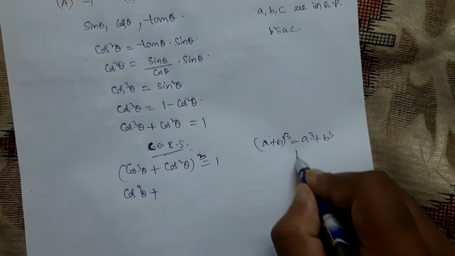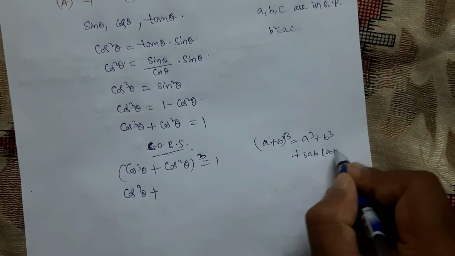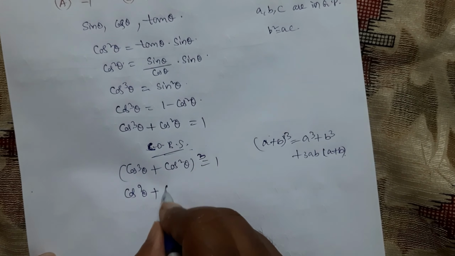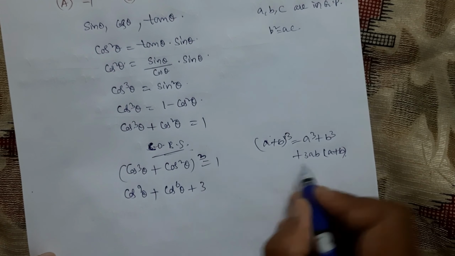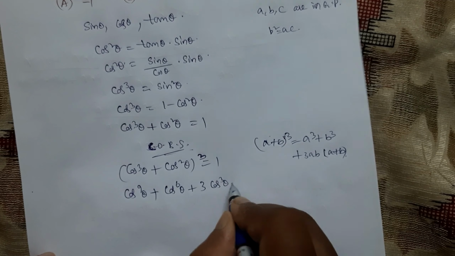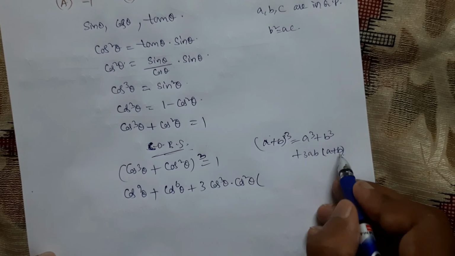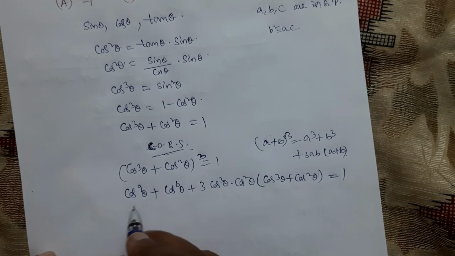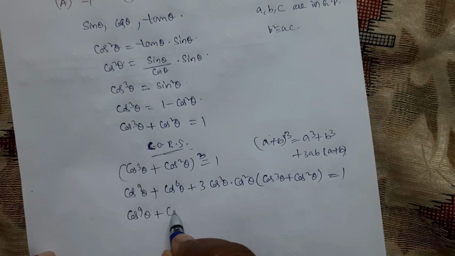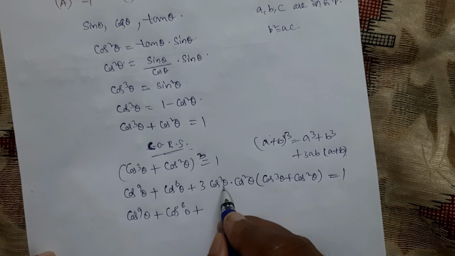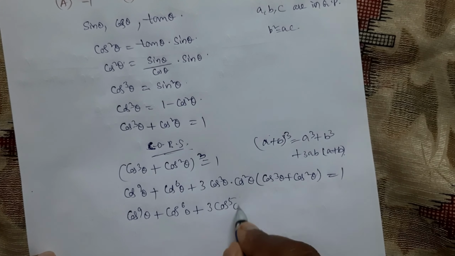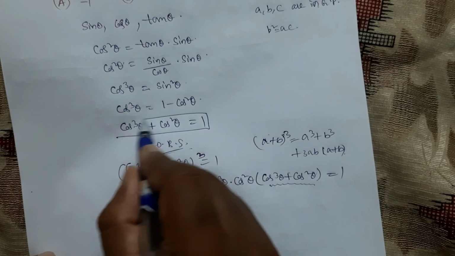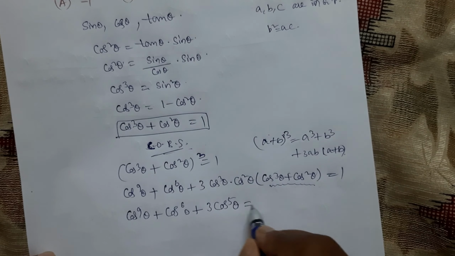Okay, ಈ ಟರ್ಮ್ಸ್ನ ನಾನು ಇಲ್ಲಿ ಅಪ್ಲೈ ಮಾಡ್ತೀನಿ. cos power 9 theta plus cos square theta whole cube is, this is cos power 6 theta plus 3a into b. a ಅಂದರೆ cos cube theta into cos square theta into a plus b ಅಂದರೆ cos cube theta plus cos square theta which is equal to 1. ಸೊ ಇವಾಗ ಇದು cos power 9 theta plus cos power 6 theta plus, see cos cube into cos square is 3 cos power 5 theta. ಇವಾಗ ಇದು ಅಬ್ಸರ್ವ್ ಮಾಡಿದರೆ cos cube theta plus cos square theta, see already here we got which is equal to 1. ಸೊ ಇದು ಇಂಟು 1 ಆಗುತ್ತೆ which is equal to 1.